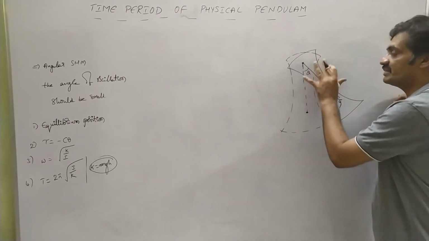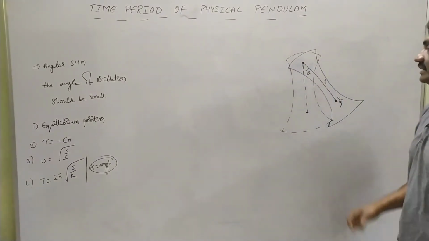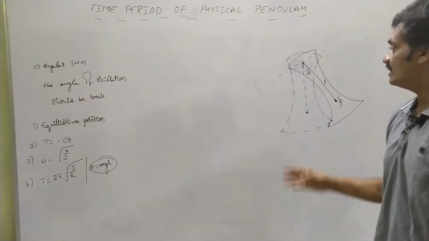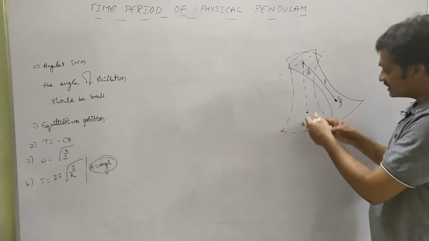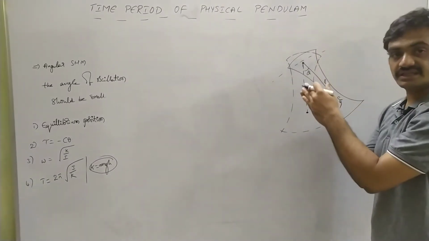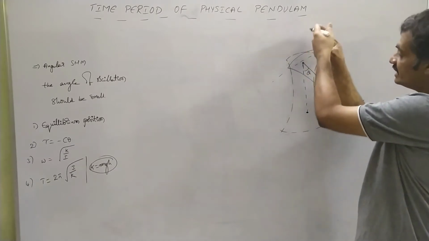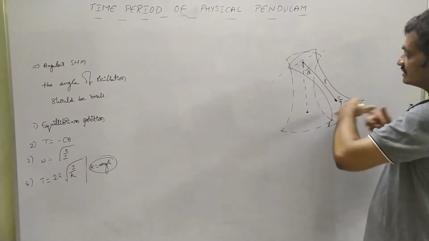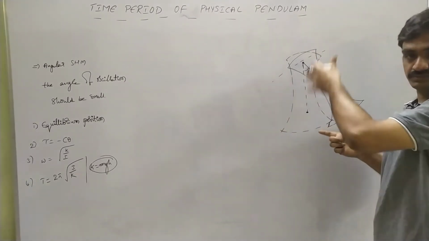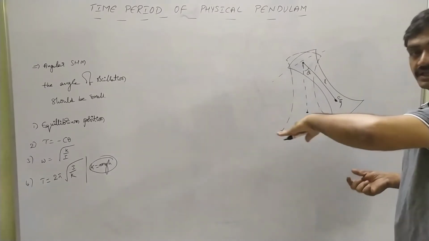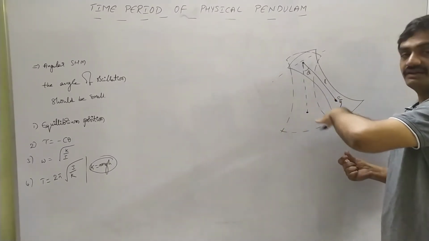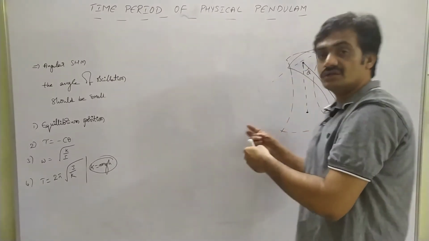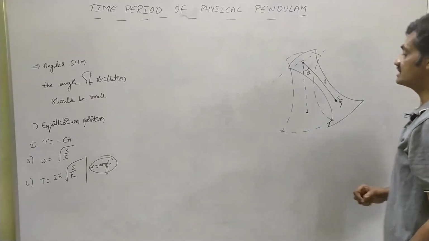Now we have to represent the normal reaction of this physical pendulum. As we consider the normal reaction, the net torque along the normal reaction will be equal to 0. Why? Because weight acts in this direction and the normal reaction will be acting along the upward direction. Why? Because the pendulum is oscillating horizontally, not vertically. The pendulum is oscillating along the horizontal path by an angle of theta. It is not oscillating in the vertical path. That's why along the normal reaction the net torque is equal to 0.